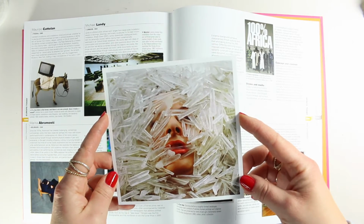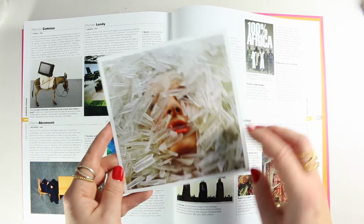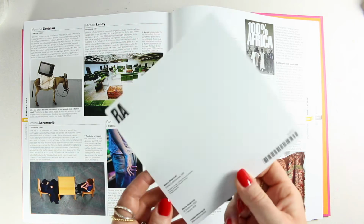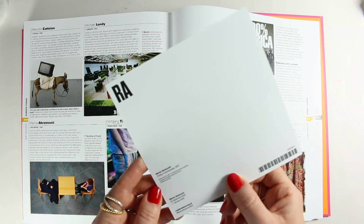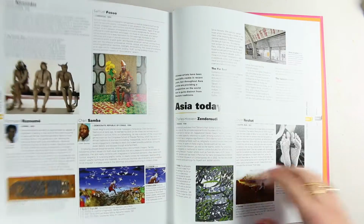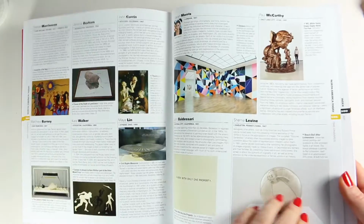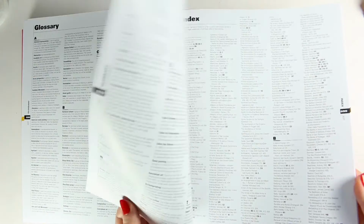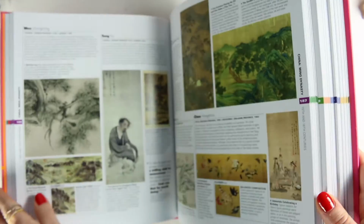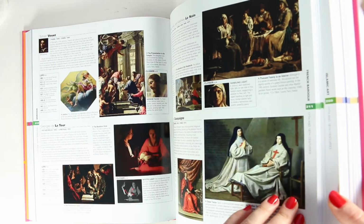Basically this is a beautiful photograph, and I'm going to look for a frame that I can frame this in, because I just love this. It's just phenomenally good. Love this picture, and it's called Dozing Consciousness, from 1997. And let's carry on. Asia today, North America today, and that is it. So it's a very, very big book with loads of interesting things to learn from, and whatever genre of art you are into, you'll find it,